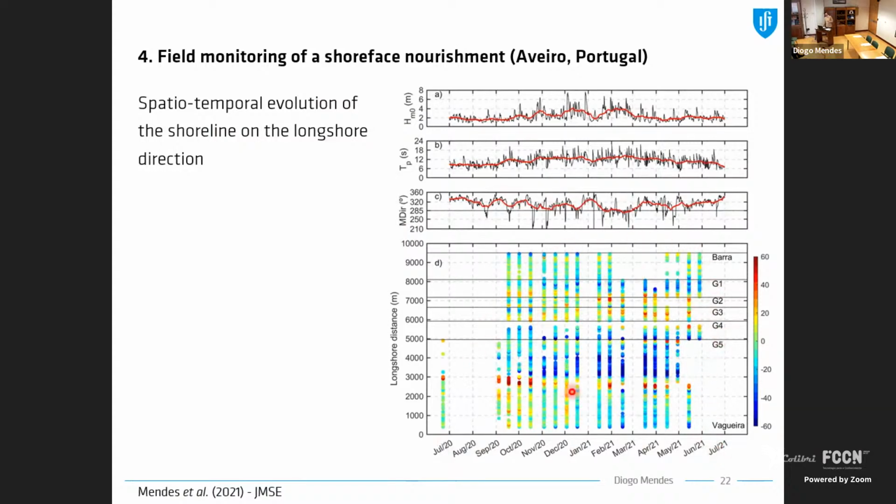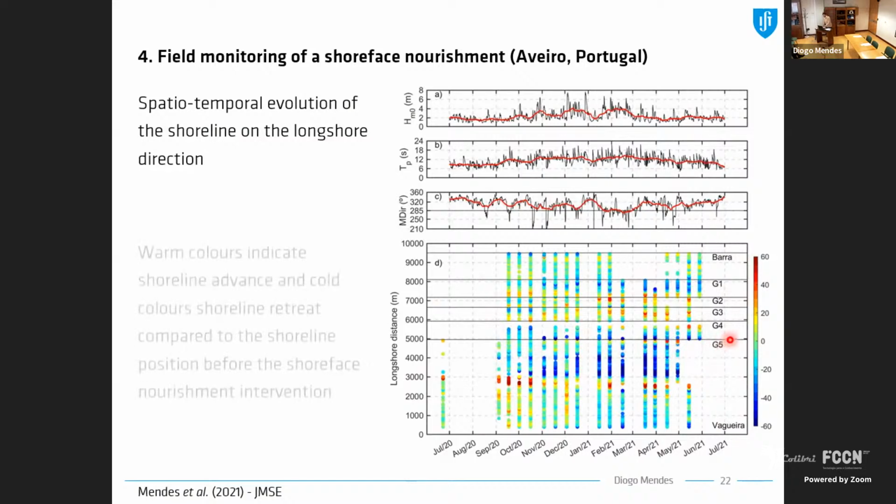The bottom panel shows this spatial temporal evolution of the shoreline. So on the y-axis, we have longshore distance between Barra, which is located at north, and Vagueira, which is located at south. And these horizontal lines depict the position of the groin field just in front of Costa Nova. So the shore face nourishment was put in the nearshore between groin 3 and groin 5, and we can see